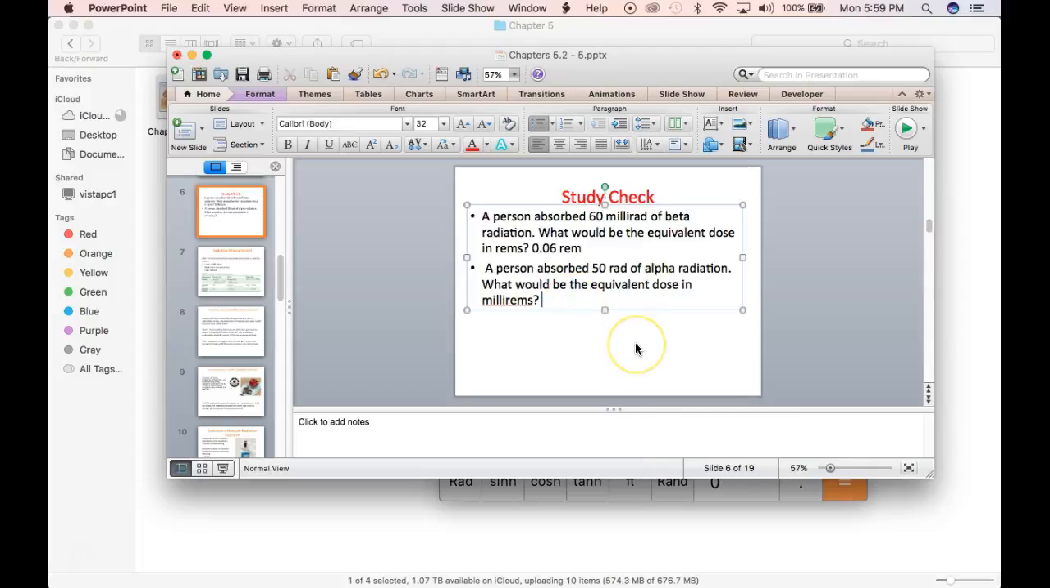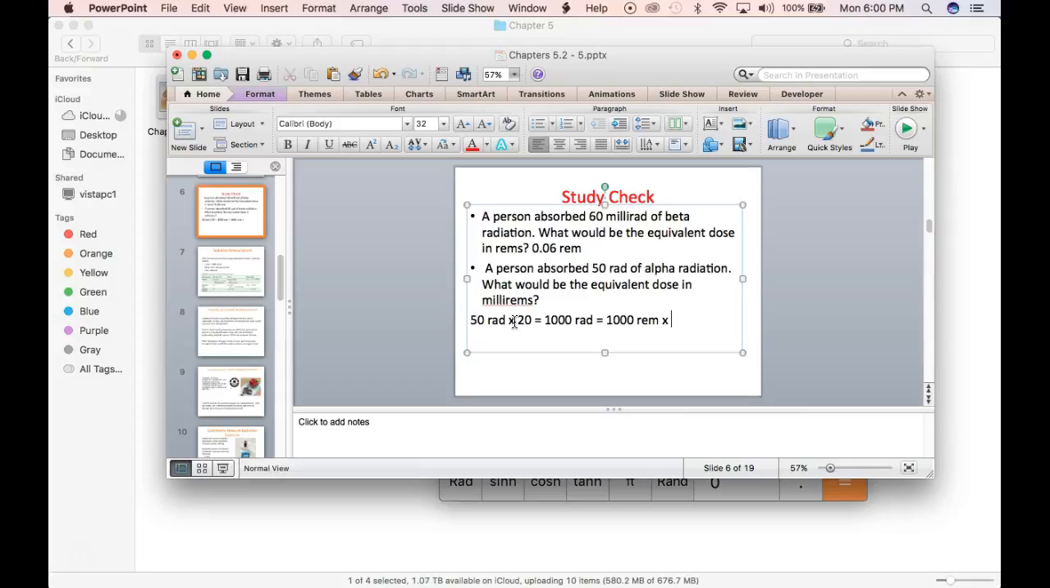Okay, so a person absorbed 50 rad of alpha radiation. What would be the equivalent dose in millirems? So you have 50 rad, and it's alpha, and I remember that factor is 20. All right, so that would be 1,000 rad, and so that would be equal to 1,000 rem,